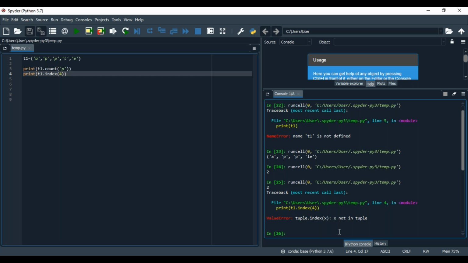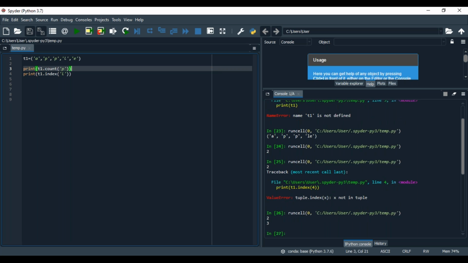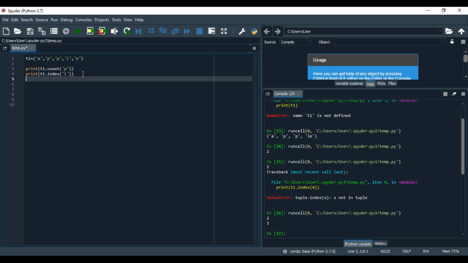Tuple index of L. See now, what is the index of L? 3, because I have given the index number instead of the character. So what would be the next operation?